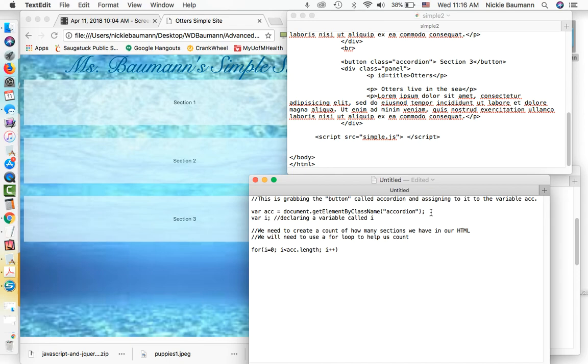As long as i is less than the length of our accordion, which means the number of accordions we have in our HTML file. So in our for loop, we have this count, and it's counting however many sections we have. And then we're going to do some kind of action. So inside this,